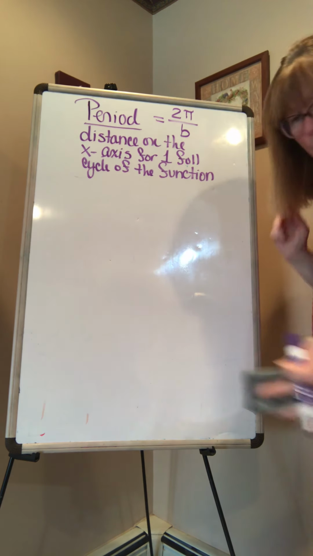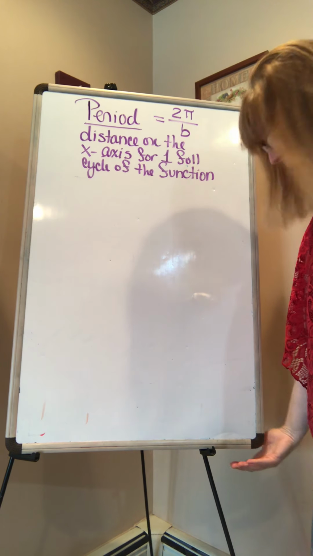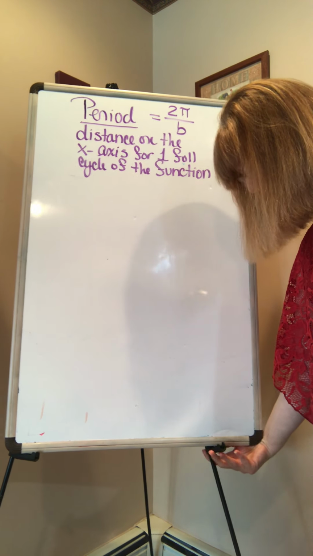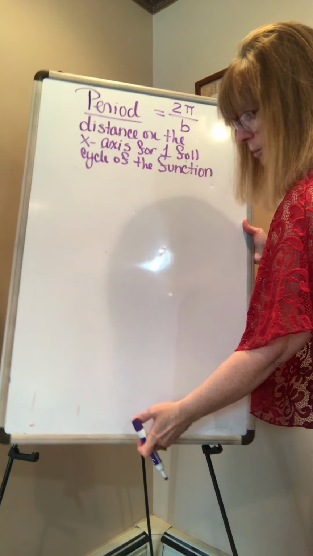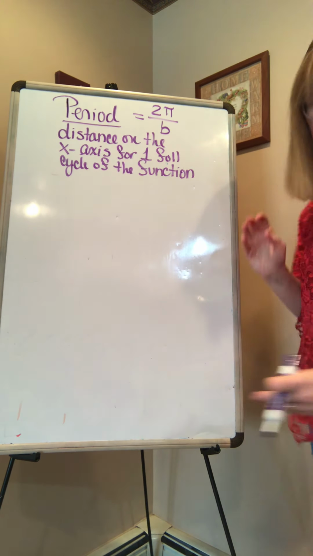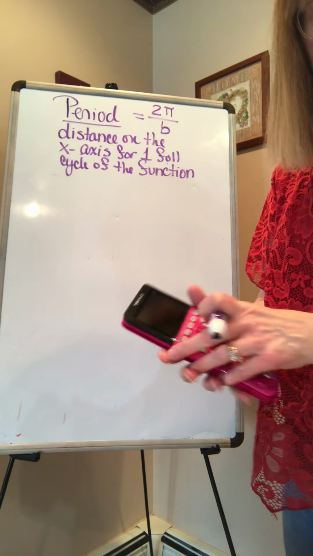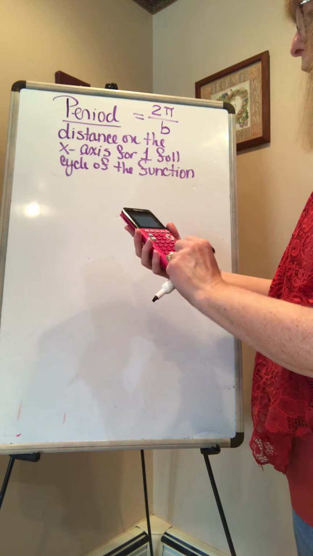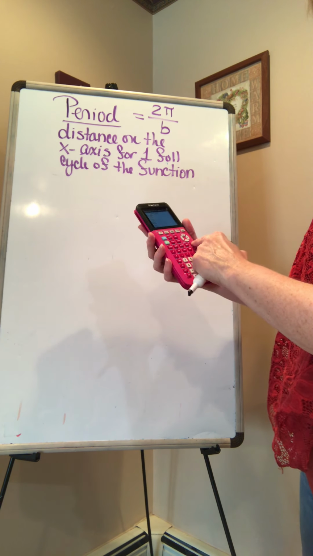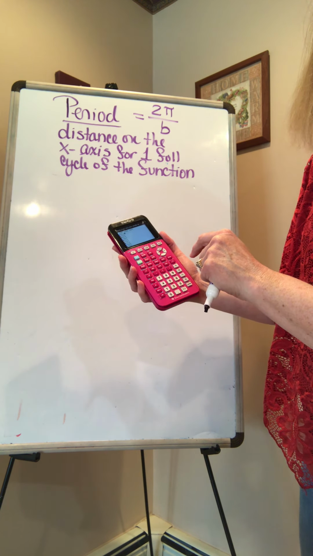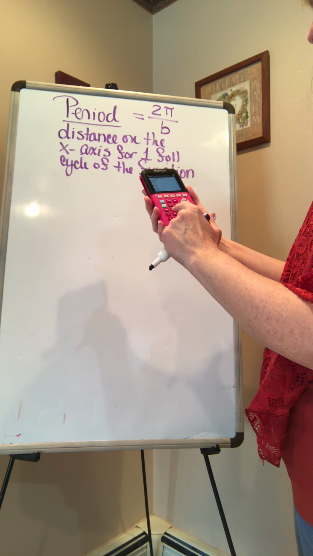So a good thing to always do for yourself is to put it on the calculator and make sure that you can get the same thing on your paper. That would definitely help you. So if I take number 4, which says 2 sine of 4x,